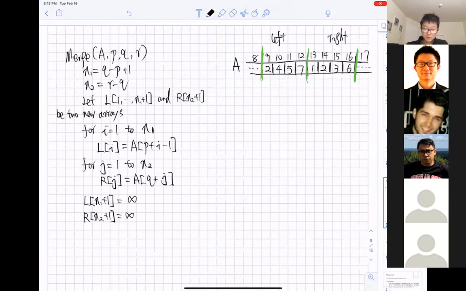The left subarray starts from index 9, whereas the right subarray starts from index 13. So first, let me ask one question: is the left array sorted?